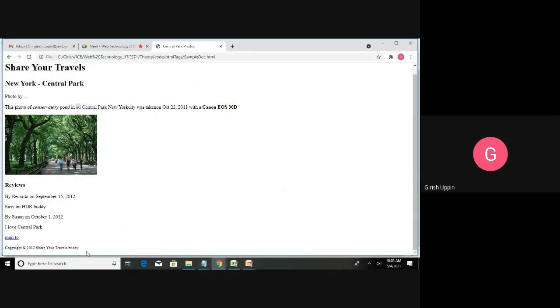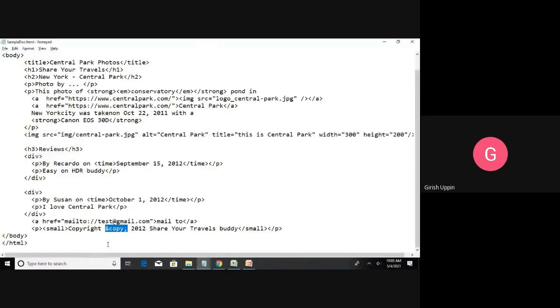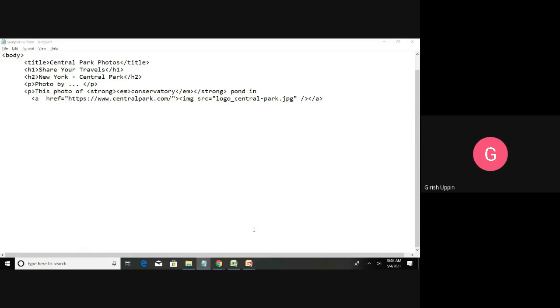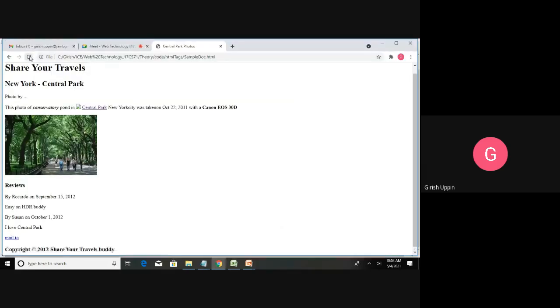If it is not visible, I will remove the small, rather I will make it as H3. That is not the right thing to use here, but I will change it so that it is visible for you. You can see now, this is the copyright symbol.